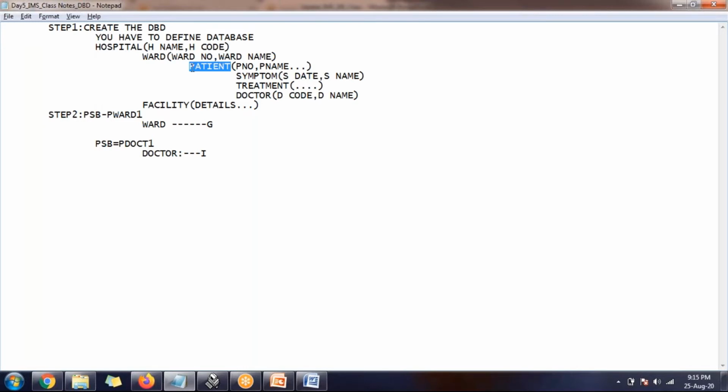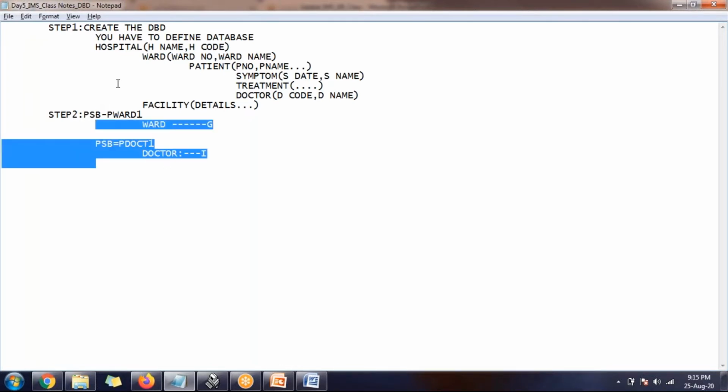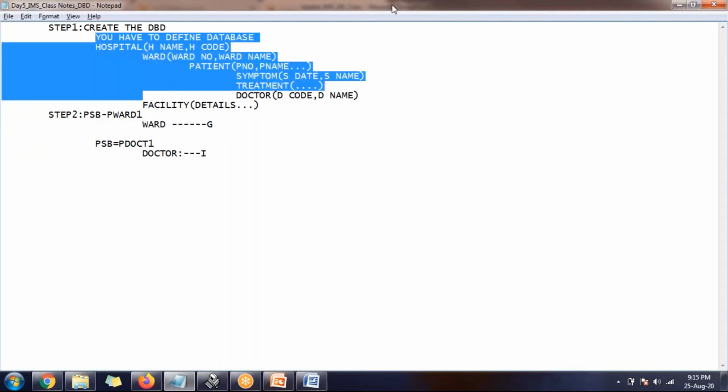Similarly, take a bank. Can I share bank customer details with you? No, that is against the policy of the bank or government. Hence, we have to restrict the access based on the application on the different segments. What type of access, what database, what segment should be accessed by that application program or by that developer, all of those will be defined in a PSB. Whatever segments you define here, you are going to refer to as per the business requirement. So the PSB concepts are going to come from the DBD only.